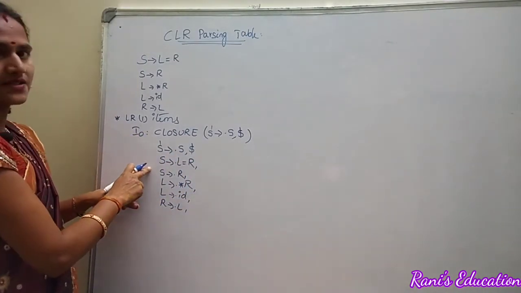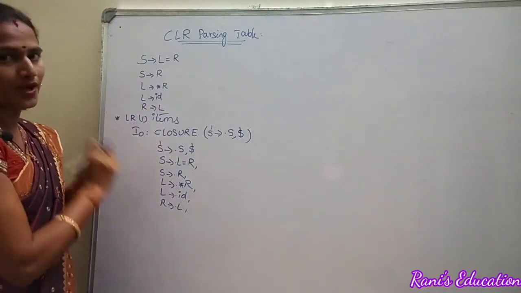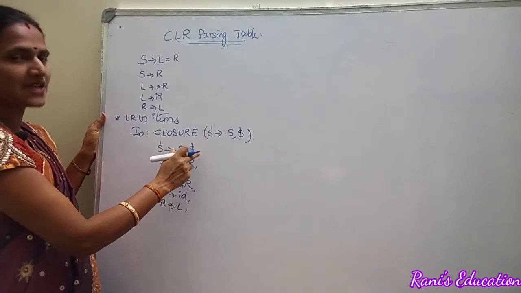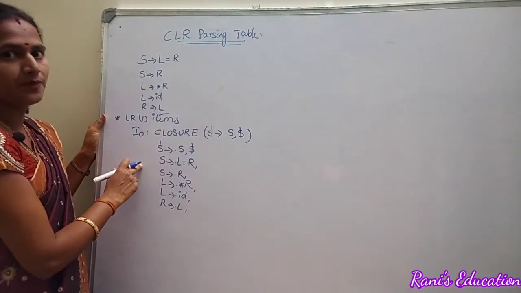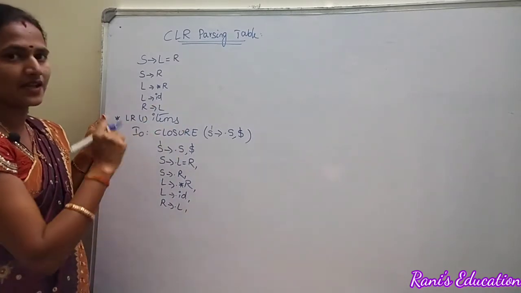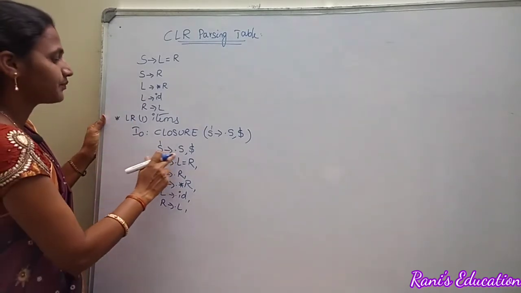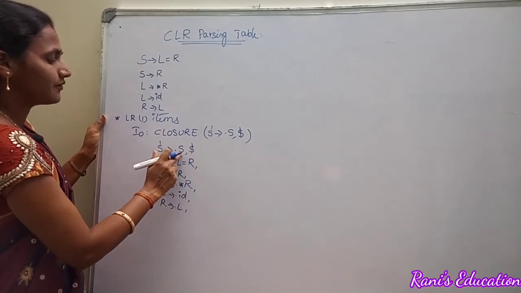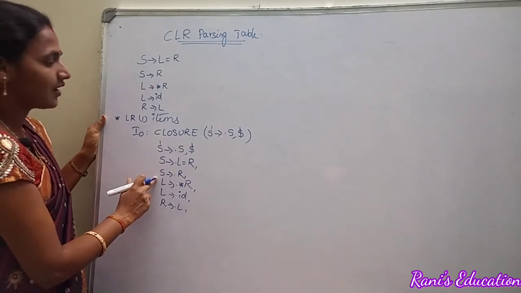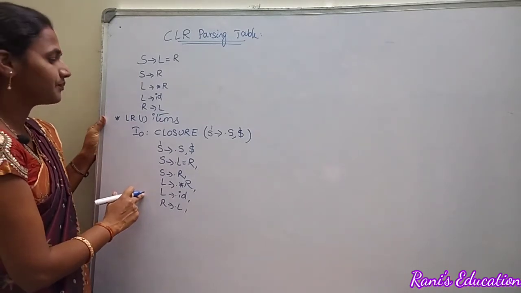After writing the productions, now we are going to compute lookaheads. In the CLR parsing table, we mainly concentrate on the lookaheads along with the productions. For this first production, we got the lookahead dollar. Why? Because it is the starting production of the augmented grammar. As we all know, we get the augmented grammar by adding a new production, an augmented production, to the given grammar. Here after dot we have a non-terminal S, so we have included S productions in this item. Now how to compute the lookaheads for each and every production in this CLR parsing table?